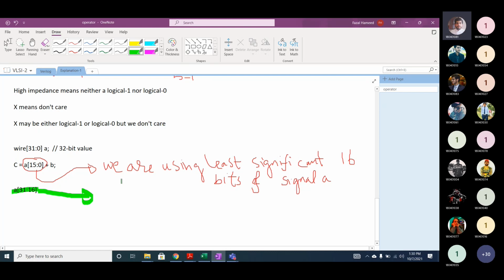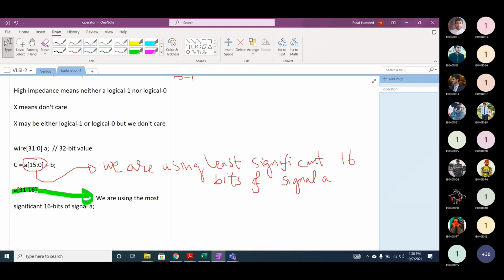Yes sir, these are the most significant 16 bits of A. Yes. So it means we are using the most significant 16 bits of signal A.